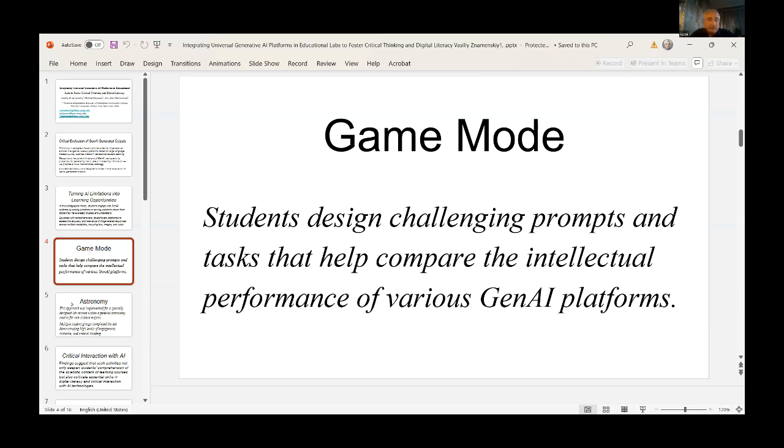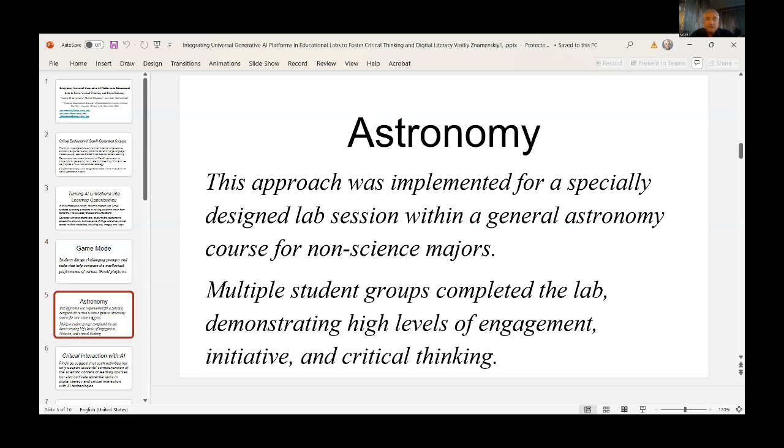So why do we use exactly beginning astronomy, and exactly astronomy for non-science students? Because questions in astronomy for non-science students are not very difficult, and we think so. Maybe ChatGPT will answer students mostly correctly. But of course, there are some surprises. For example, if we ask which star in the sky is the brightest,